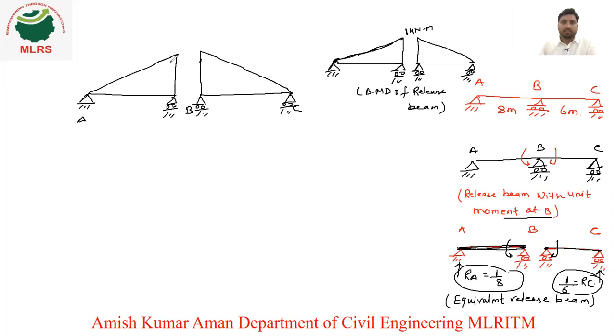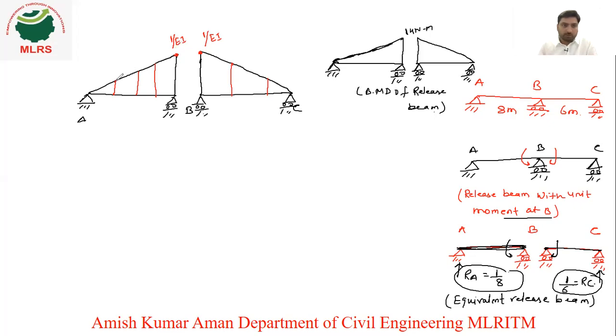Now you can see here what will be the value at this point. At B, the moment is 1 kilonewton meter, so here the value will be 1 upon EI. Similarly here also it will be 1 upon EI, right? Now 2 meters of interval they are asking. So first 2 meter, then 4, 6, and then 8. Again here also 2, 4, 6. So we have divided it. So here 1 upon EI.